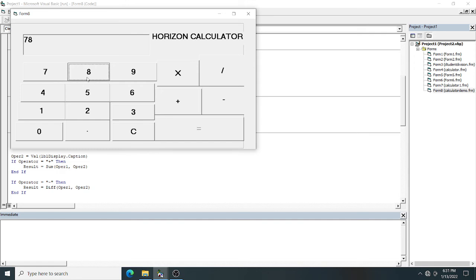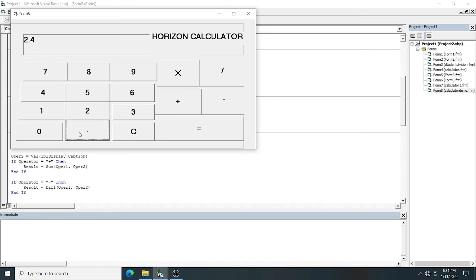So it's clearing. 14 divided by 2 equal to 7 is coming. But I'm clearing, and if I do 12 divided by 5, the answer should come in what? Decimal point, it is coming. Okay, the decimal point is coming, but if I want to press one more decimal point, it should not take.